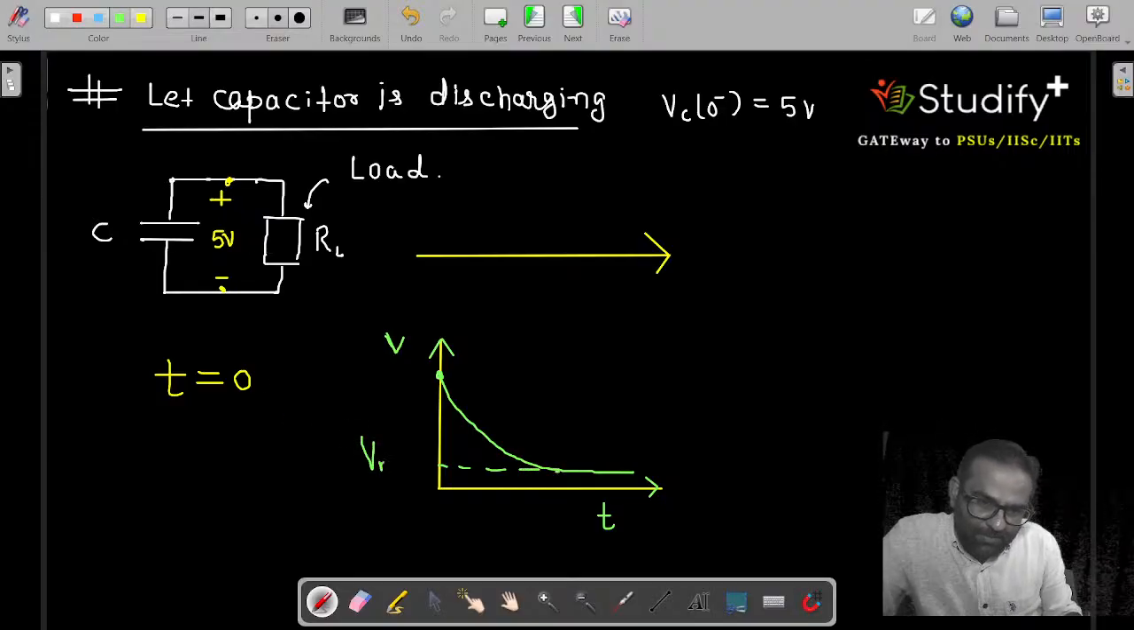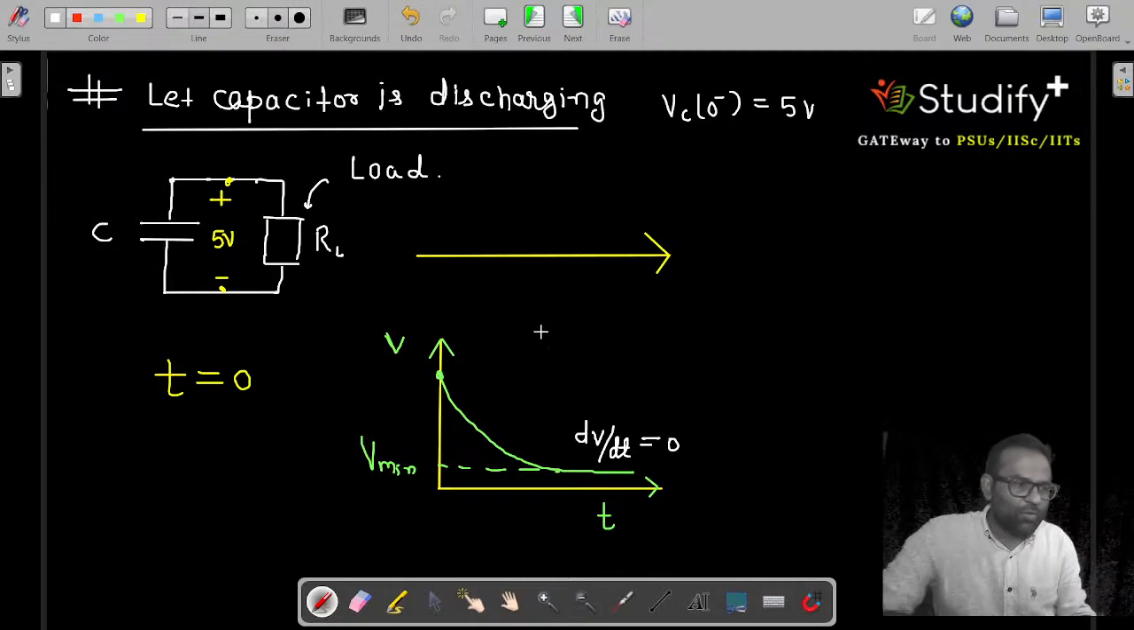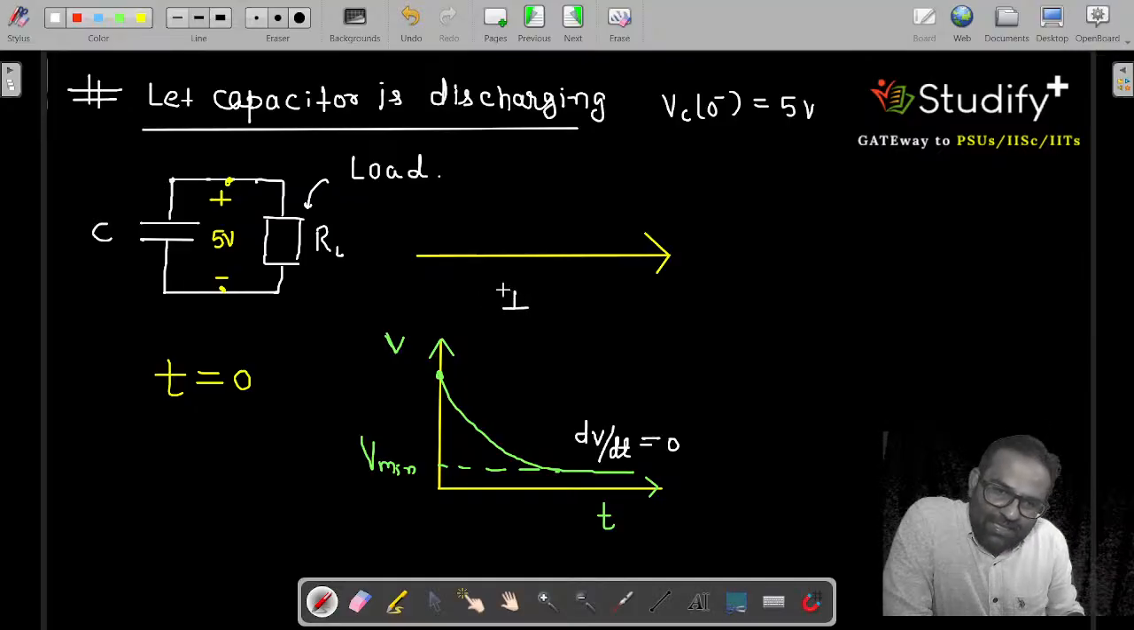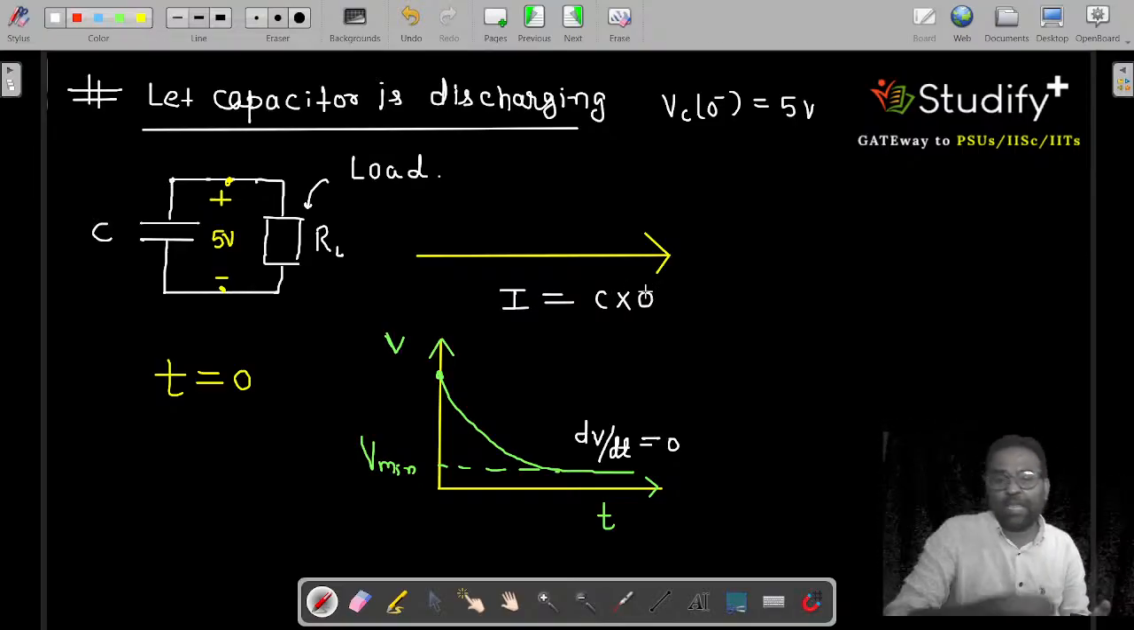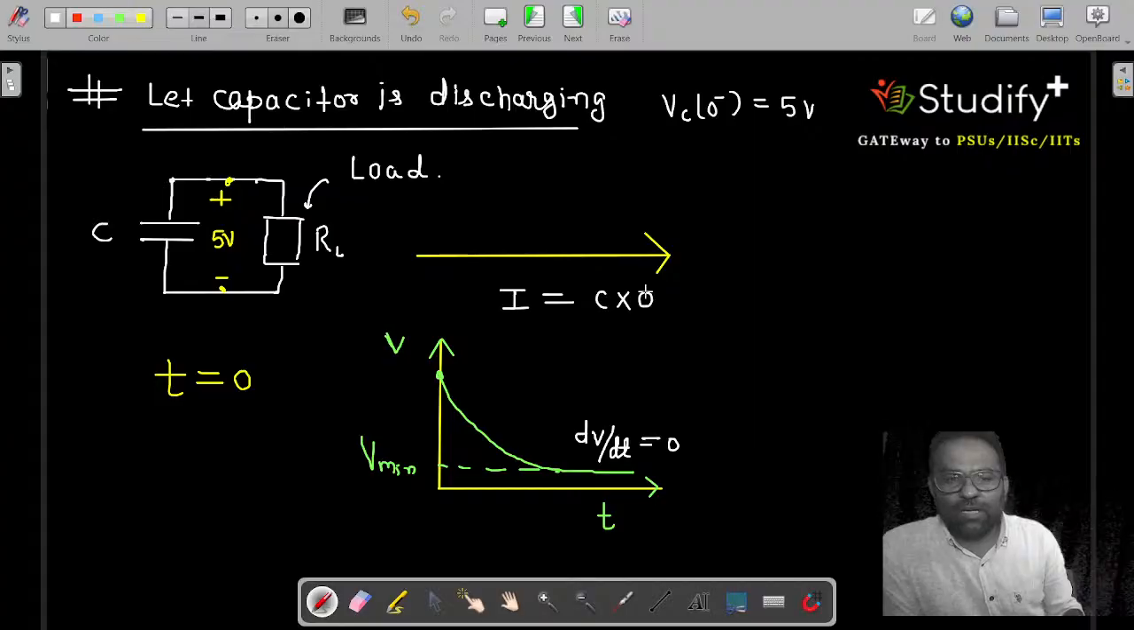V minimum, and at minimum value, can I say the value of dV by dt is again 0, because this is the characteristic of minima. dV by dt is again equivalent to 0. If dV by dt is 0, you know how we define I: I is C dV by dt, and C dV by dt equal to 0 means again the current is 0, and current is 0 means open circuited. So you can say